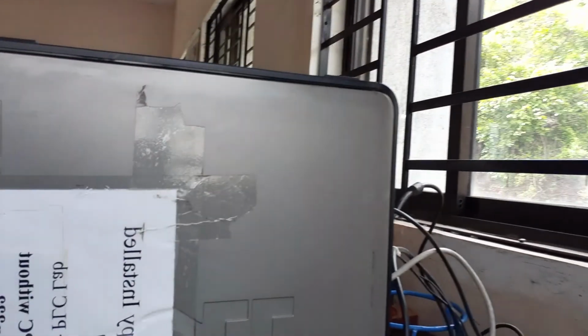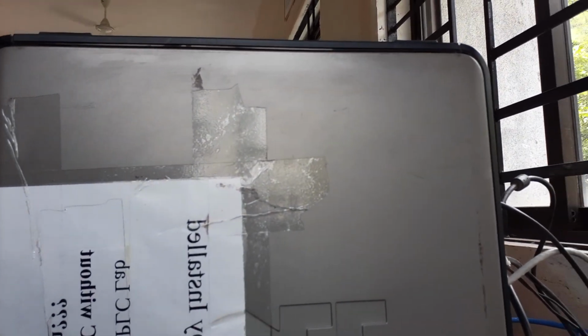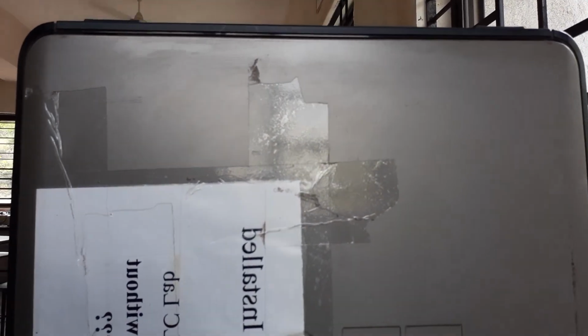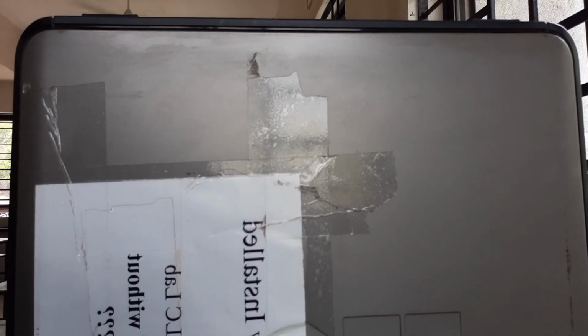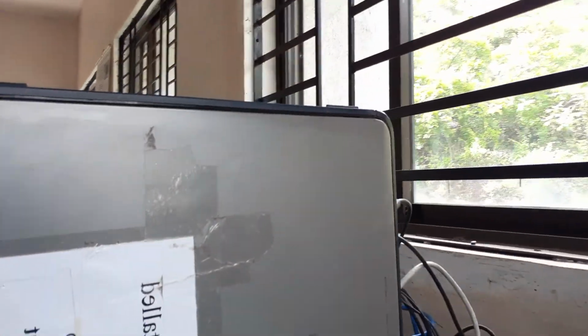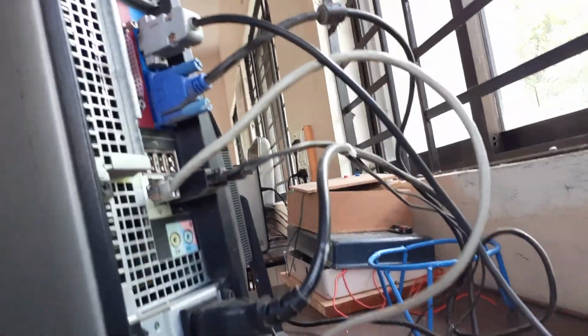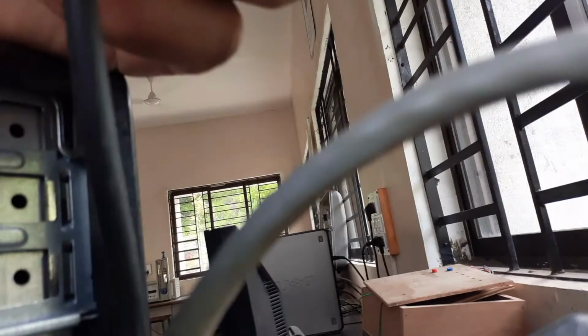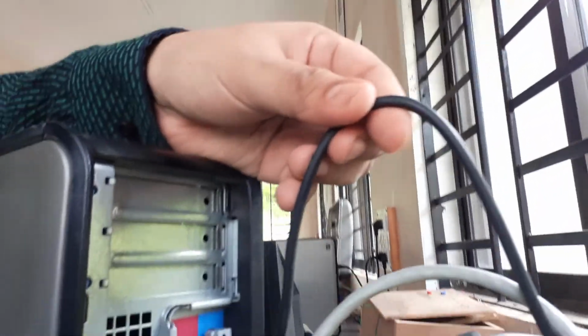Now this is the PC. In this PC, what we are saying, licensed copy installed, server PC for PLC lab. So don't touch these PCs without permission. Now what happens, there is an RS-232 cable. You can see the RS-232 cable which is connected here. Now this is being connected to this side. So this RS-232 cable is connected from this PLC to this.